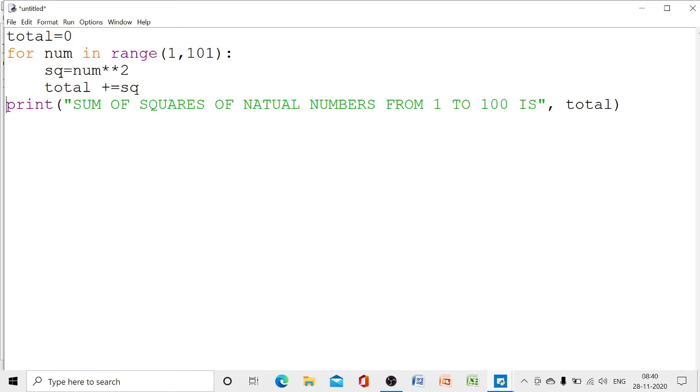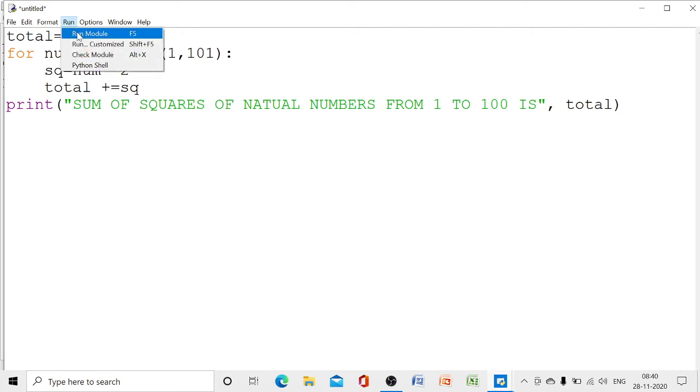So 1 exponent 2, 2 exponent 2, like that from 1 to 101 we will be getting the values. Then total is equal to all the square values we should add, because here we need to get the sum, right? So total += square. Clear? And the print statement we have used.